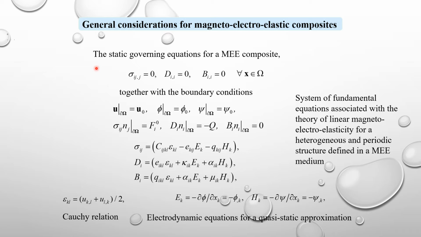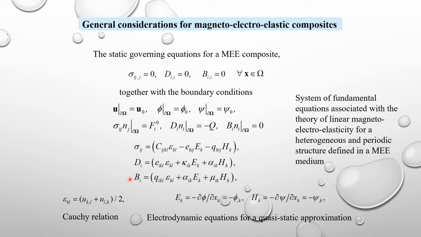The static governing equations for magnetoelectroelastic composites, considering the absence of body forces, electric charges, and electric current density, are defined by means of the homogeneous partial differential equation system on a media omega, together with the boundary condition on the omega surface. Here, the constitutive equations are defined by the relations, where the stress, electric displacement, and magnetic inductions